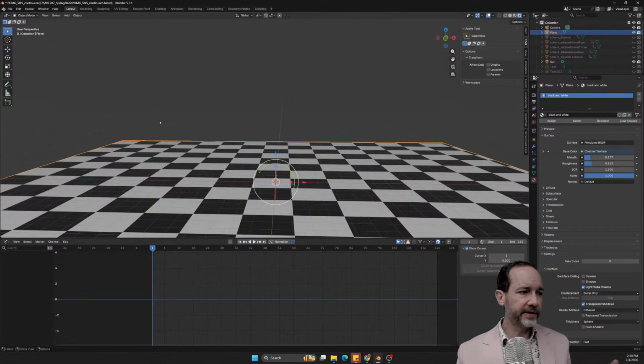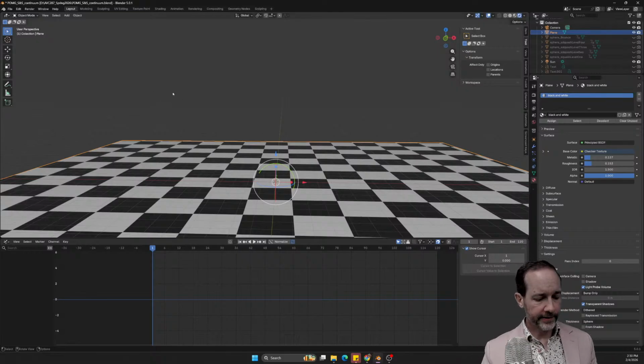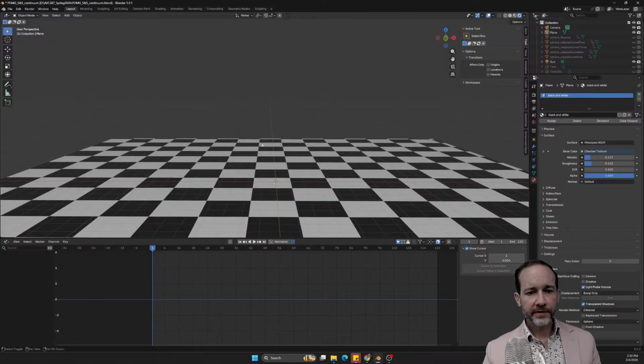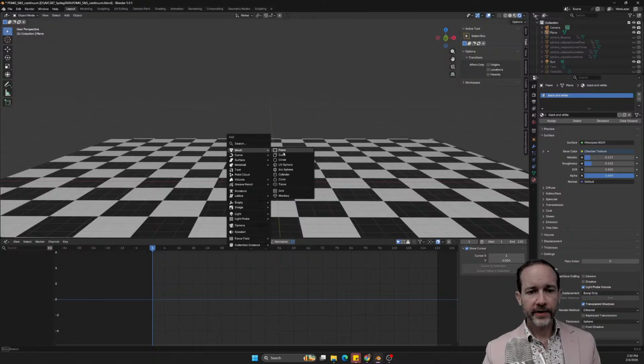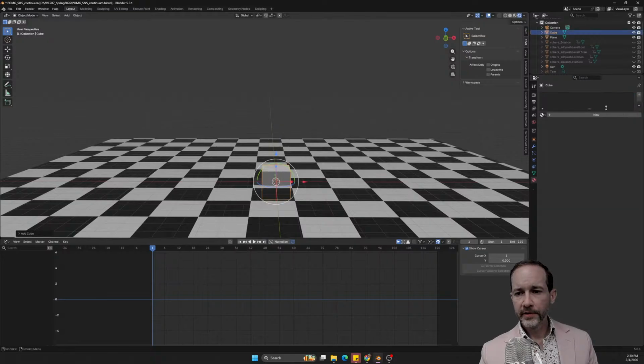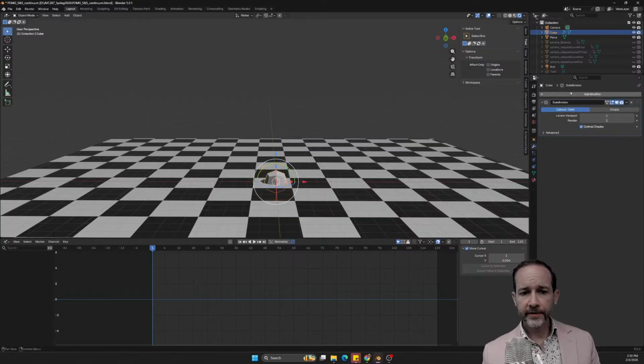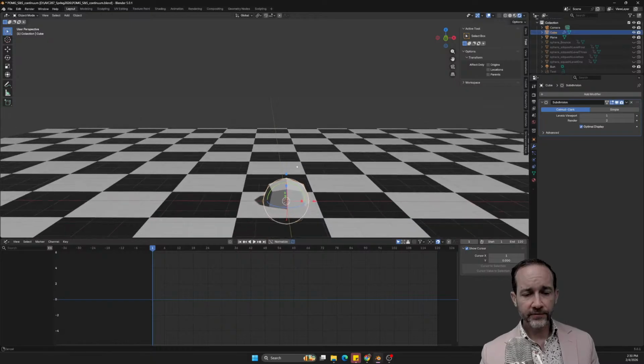Okay, let's look at a situation where, let's make another sphere here, but I'm going to do it with the cube. Then I'm going to add a subdivision surface modifier. You see that subdivides it and sort of smooths it out.